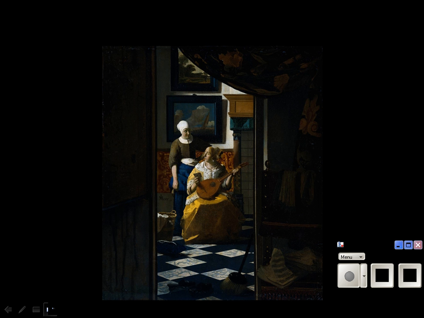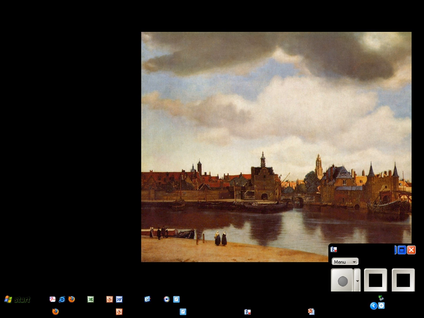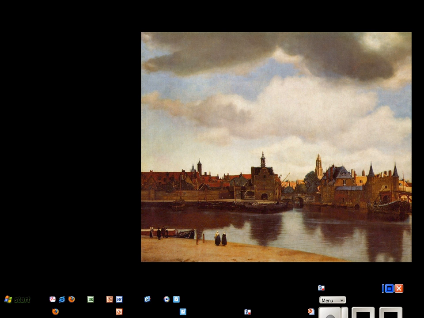Johannes Vermeer is from Delft. He was a Dutch painter, and when we say Dutch, we mean the Netherlands. This gives you an idea of a painting he did called View of Delft. It gives you an idea of what it looked like and what the time frame was, so you're not seeing Volkswagens and highways and planes flying through the air, skyscrapers. This is 400 years ago, okay?